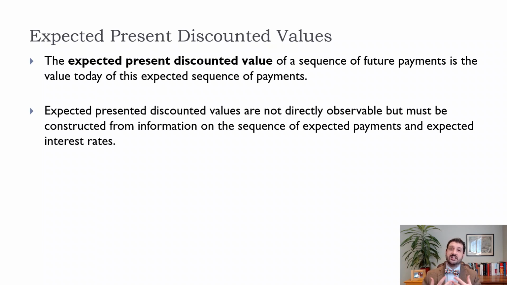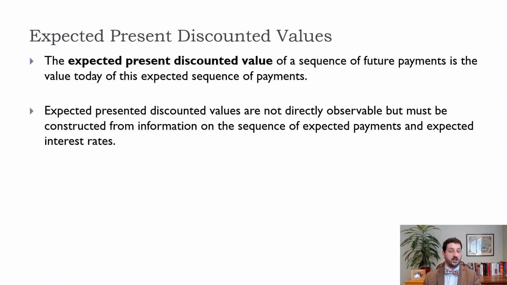But actually we need to think about the different value of those $10 now and in the future, thinking about interest rates and to some extent inflation in order to calculate the expected present discounted value. And so the idea is that $1 today is worth more than $1 in a year, because if you took that dollar and put it into your bank account or bought a bond with it, you would have $1 plus the interest in a year.